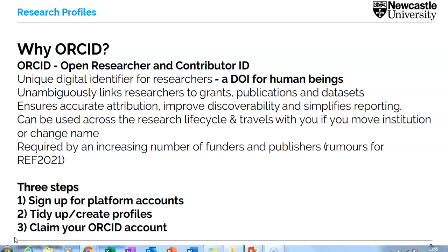So particularly if you have, say, a very common name, something along the lines of John Smith, and perhaps there are 5 or 6 other John Smiths who also publish in epidemiology, this is a way to make your work distinct and more discoverable. And differentiates it from other John Smith's publications.